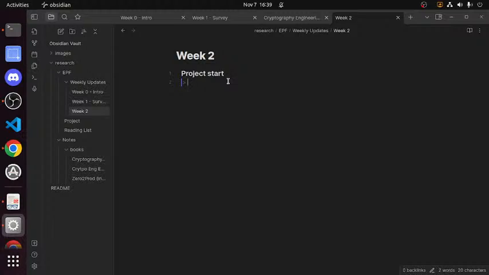So, settled on a weekly routine. Monday to Friday, like 8 to 5, pretty much is the timeline it covers.